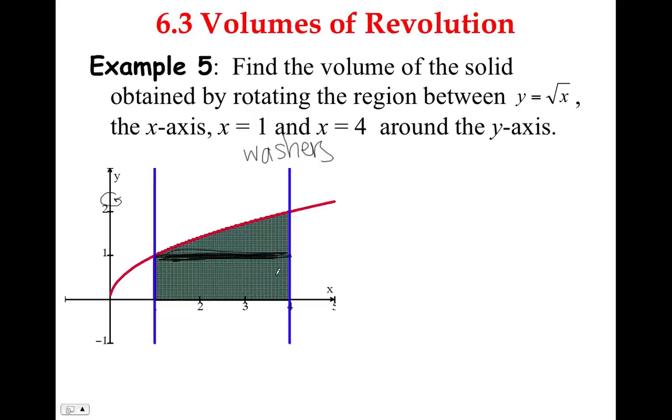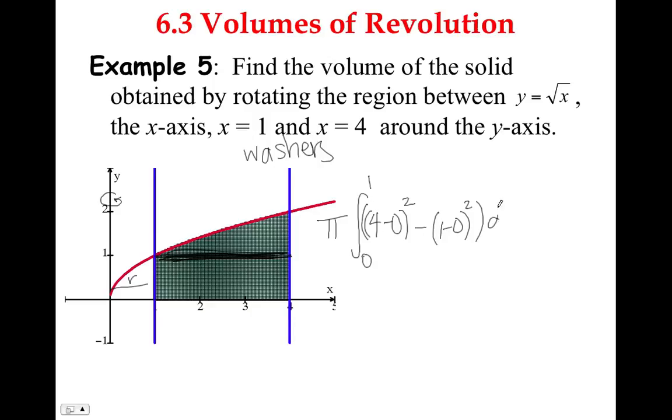For this first part, I'm going to have pi times the integral. And we're rotating around the y-axis. The cross-sections are perpendicular to y, which means this is going to be with respect to y. It appears that this goes from 0 to 1, and for the sake of time, we're just going to go with it, but really you would need to confirm that. 0 to 1. Big R is (4 minus 0) squared, minus little r, which is (1 minus 0) squared,